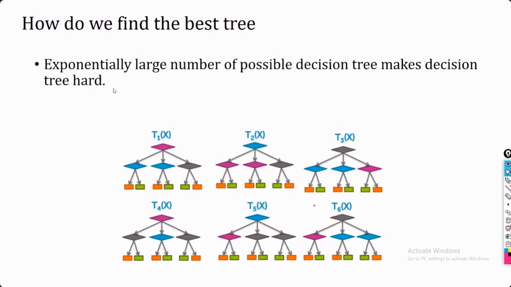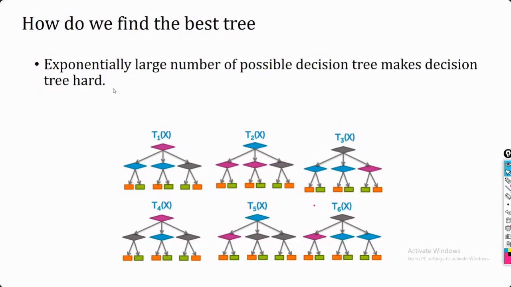So one way could be the exponential one. That means try all possible combinations of your given set of attributes, and based upon those different combinations you will build many trees, and then test how each of the trees works. You can use this when you are having a very small number of instances and a small number of features. In that case you can go with your exponential combination, try each and every combination, and then test which is working better for your case.